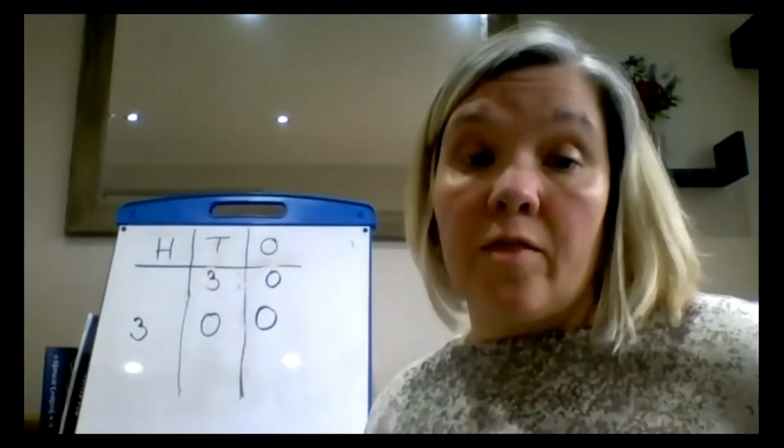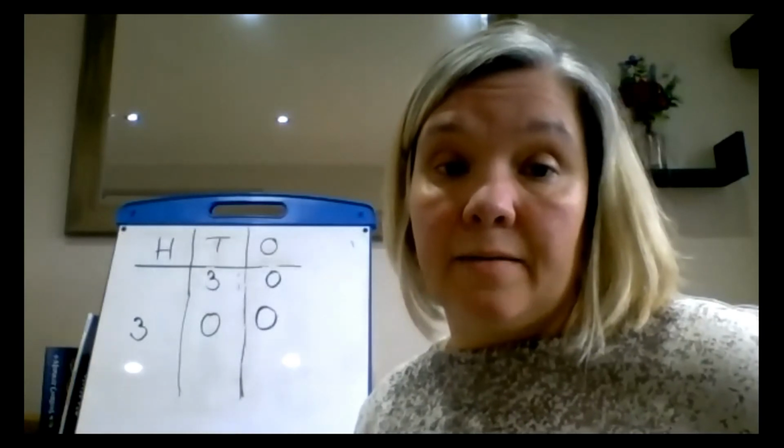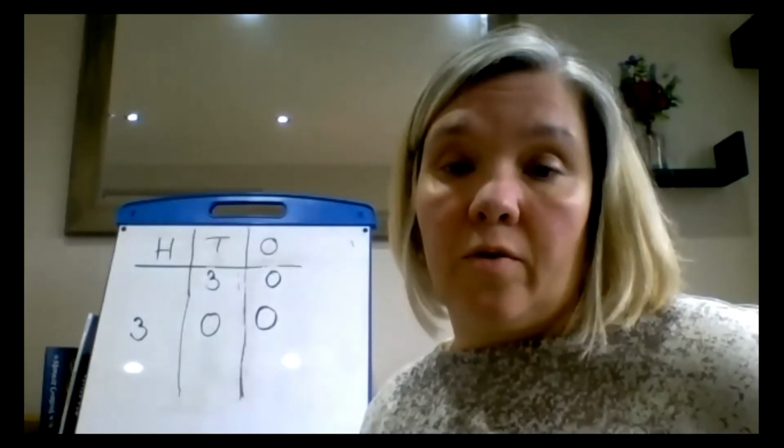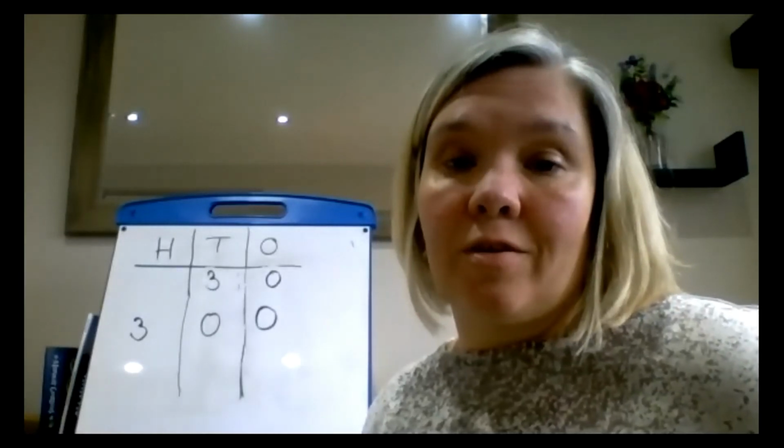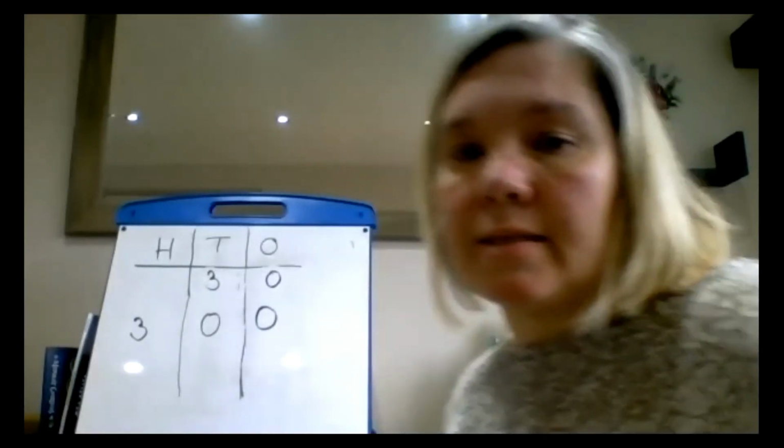So if I know that 3 times 10 is 30, I know that 30 times 10 is 300. If you were doing that in an array,